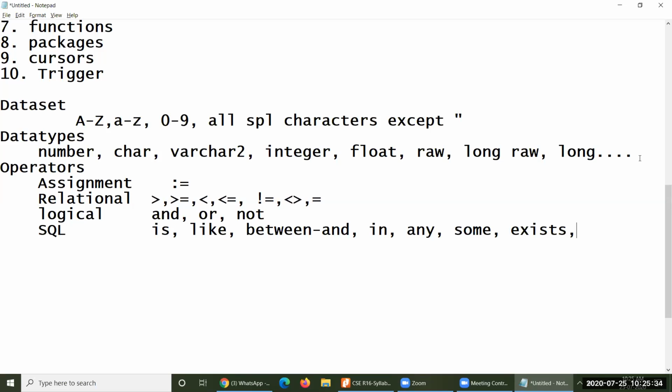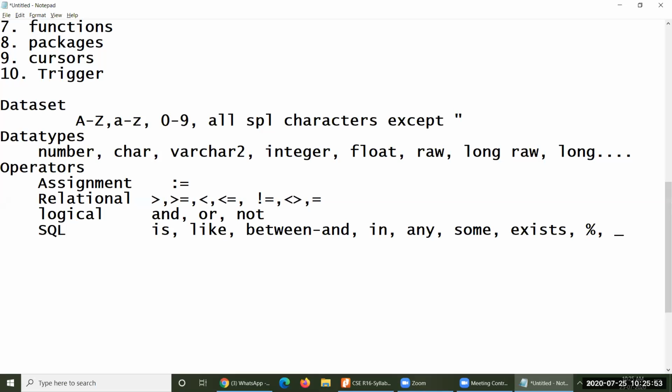All these things are supposed to be used. Percentile and underscore, everything can be used. There is no problem at all. Whatever operators you have learned in terms of subqueries and any other kind of issues, everything used in SQL is used in PL/SQL also.